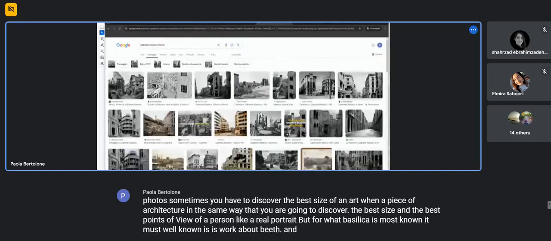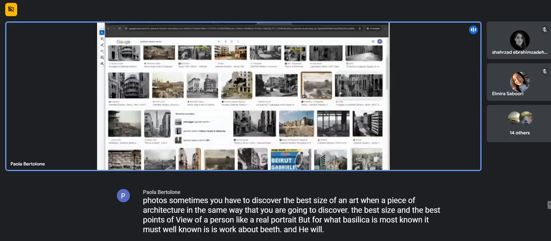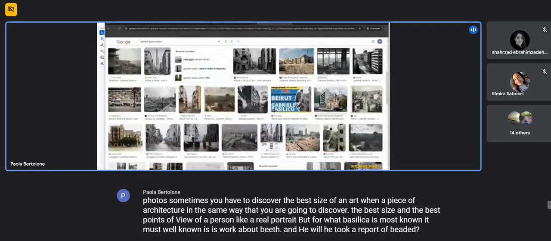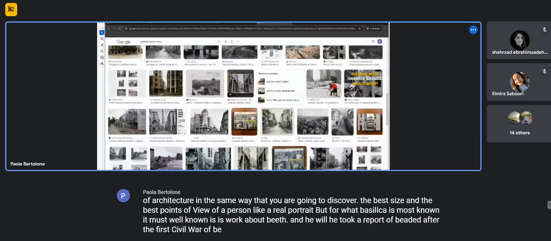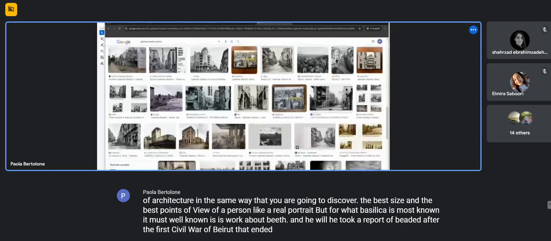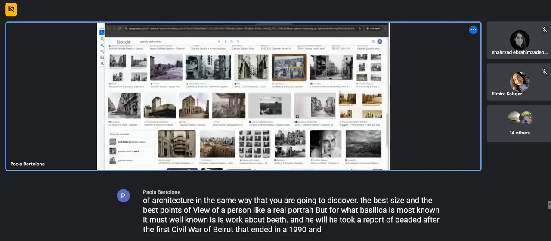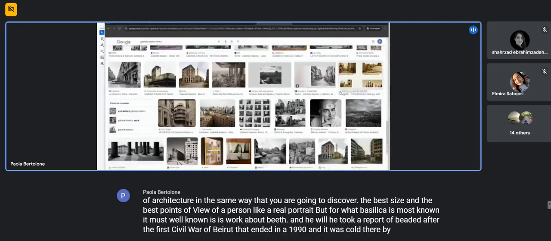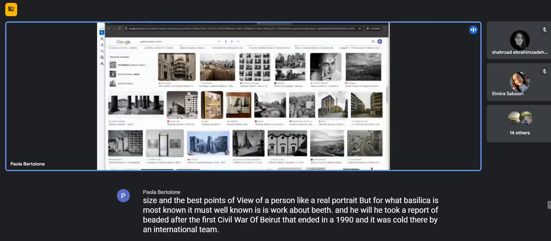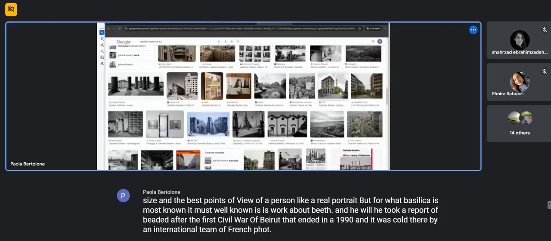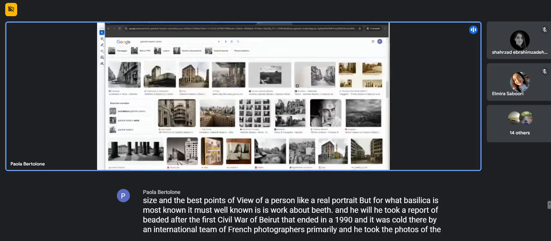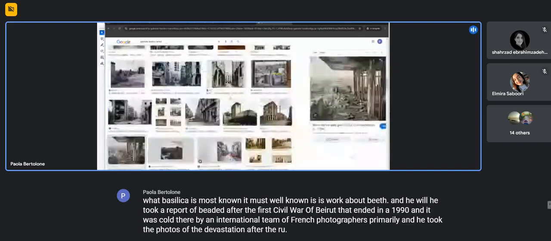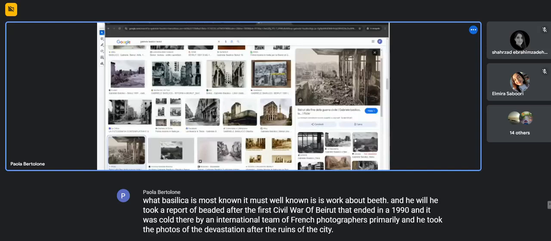He took a report of Beirut after the first civil war of Beirut that ended in 1990, and he was called there by an international team of French photographers primarily, and he took the photos of the devastation, of the ruins of the city, but